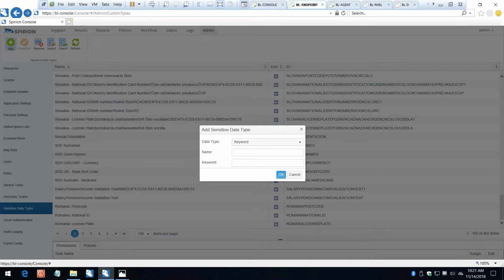You're always going to have very specific IP information you need to find, maybe a client ID or employee ID or a subject ID or something like that. So within Spirion, we have the capability of allowing you to create some of these data definitions. So you can create keywords to find particular types of data.